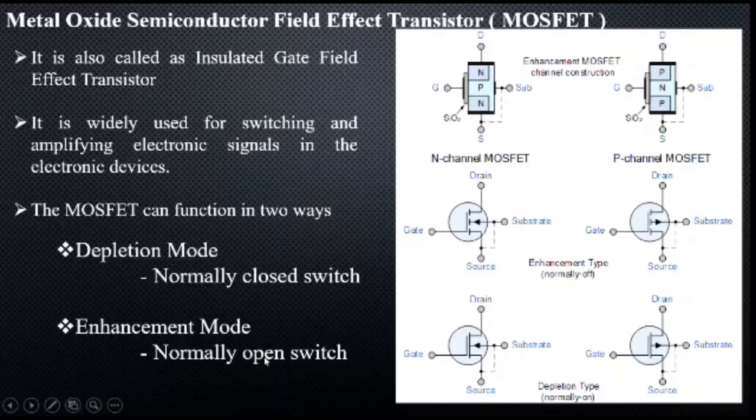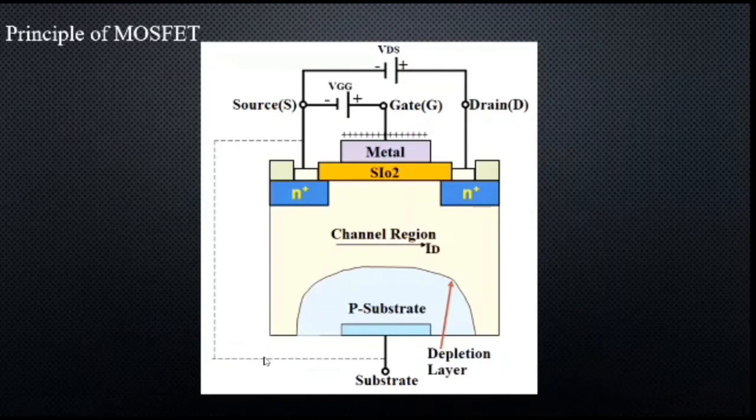Now let us see the principle of MOSFET. In general, MOSFET works as a switch. The MOSFET controls the voltage and current flowing between the source and drain. The working of the MOSFET depends on the MOS capacitor, which is the semiconductor surface below the oxide layer between the source and drain terminal, as shown here. It can be inverted from P-type to N-type simply by applying positive or negative voltage respectively.